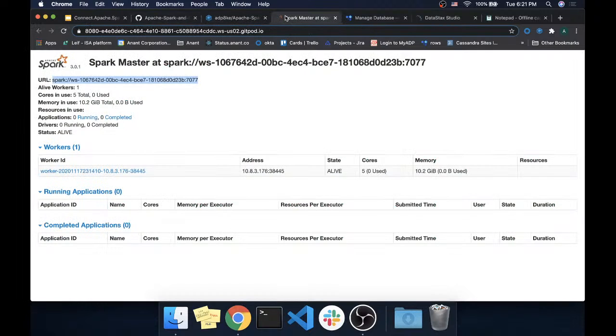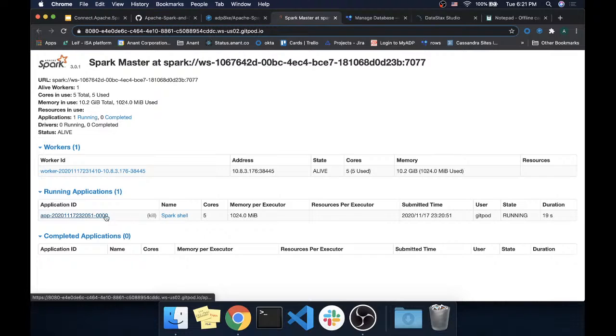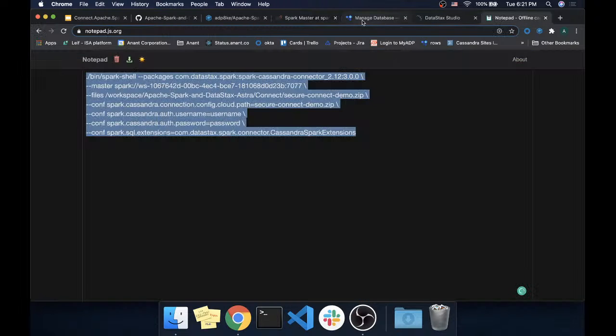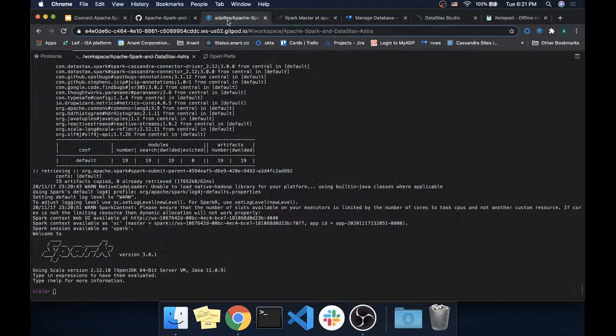If we go to our Spark master UI and we refresh it, we should see our running application, and we do. We started it however many seconds ago, and it's the Spark-Shell. So within there, we can access Spark context, and we can also access Spark session. So if we go back to the README,